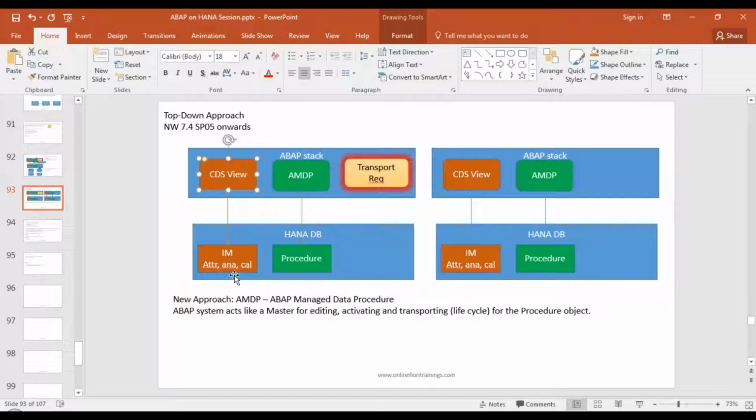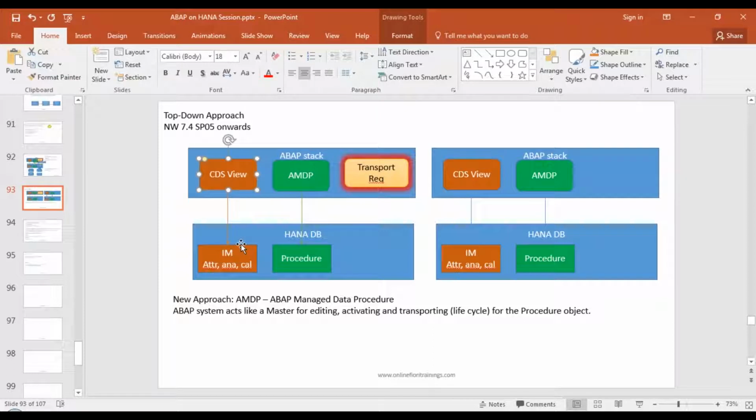I am not sure about the guidelines on which databases are supported with respect to CDS views and AMDPs. AMDPs are only supported with HANA DB, but CDS views I have seen supported with HANA DB along with Sybase DB and MaxDB also. I'm not sure about Oracle, Microsoft SQL, and the DB6 databases of IBM, but I have seen CDS views working with the major databases which the SAP system has, typically HANA DB, MaxDB and Sybase DB.